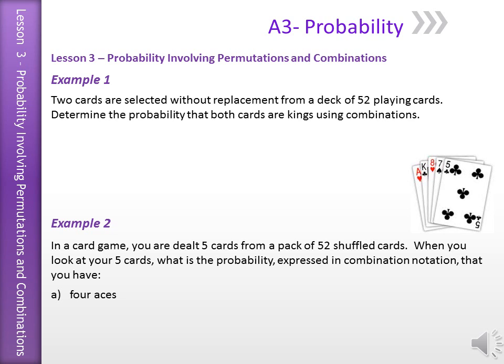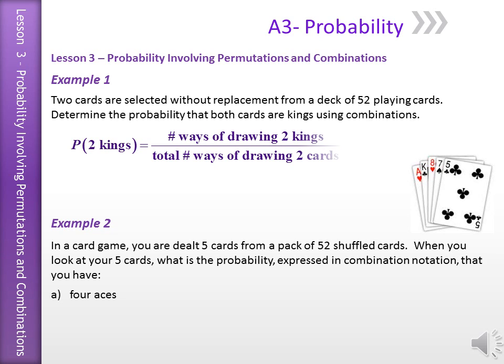Example 1. 2 cards are selected without replacement from a deck of 52 playing cards. Determine the probability that both cards are kings using combinations. So the probability of 2 kings would be the number of ways of drawing 2 kings over the total number of ways of drawing 2 cards. So to draw the 2 kings, we've got 4 kings in the deck, we need 2, so it would be 4 choose 2. We have a total of 52 cards, so our total number of ways would be 52 choose 2. This gives us 6 over